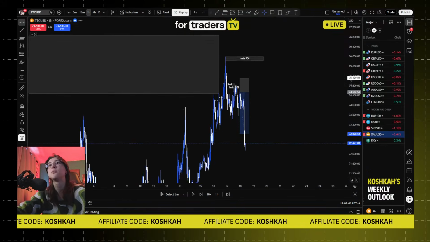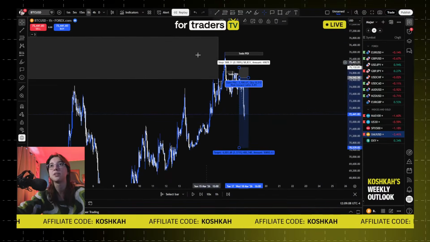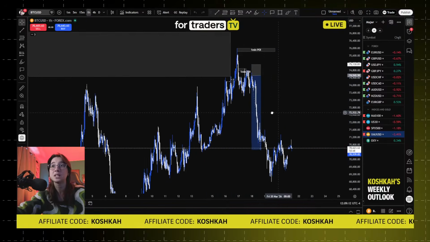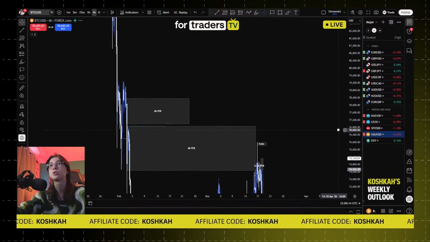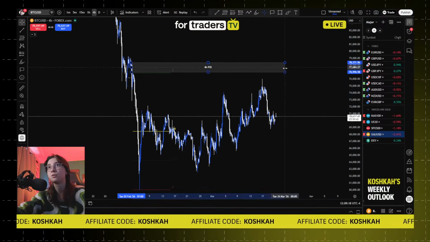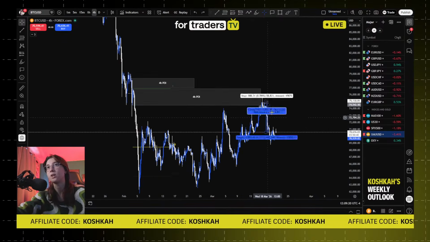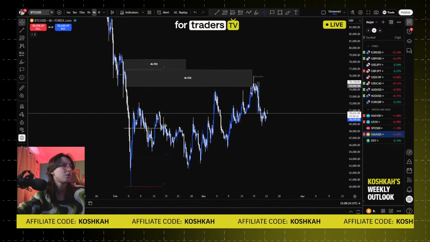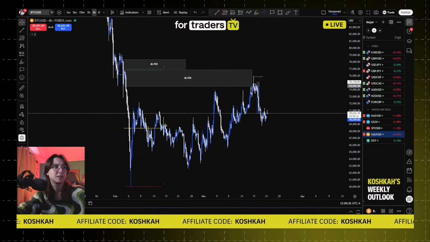So yeah, in this trade on Bitcoin, you see they hit final take profit according to the strategy, and it actually happened this week. It happened on Wednesday. Except for that, there's nothing else. You still have the POI above to look for another sell, but you had a win right here according to the strategy. So yeah, that's pretty much it, guys.